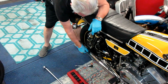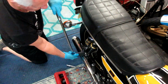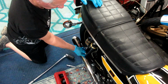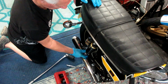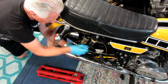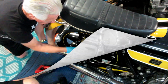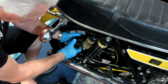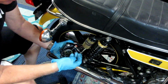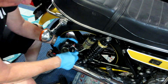There's also a larger nut that holds on the stay for the brake caliper. And I guess you could get away with not loosening it. I loosen it and take the nut off anyway while I'm working on this, just to get it out of the way. The brake caliper itself, the lower bolt comes right out, but the top one you have to rotate the caliper upward, catch the pucks as they fall out. They're just held in there by two little tangs. It can be a little tricky, and getting it back on can be a little intimidating